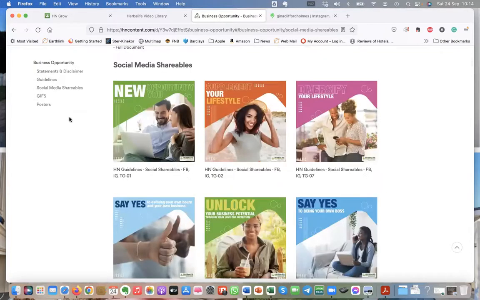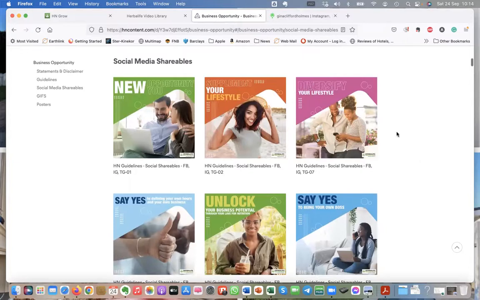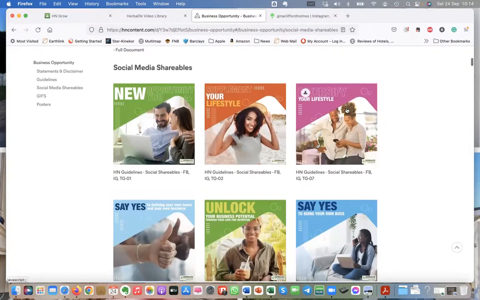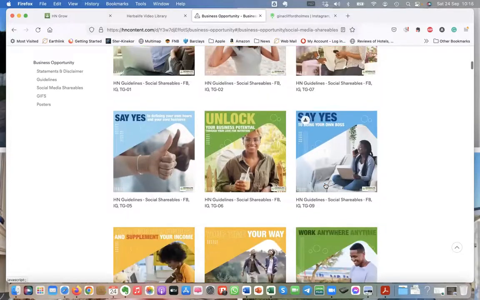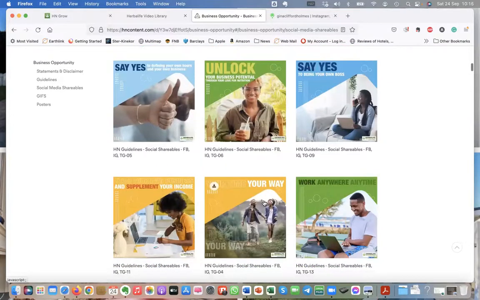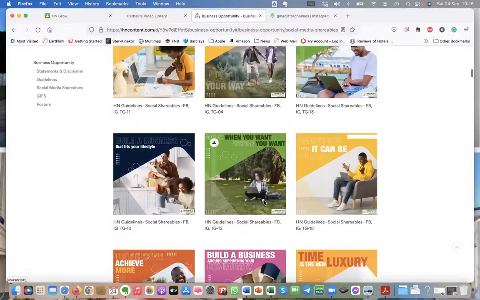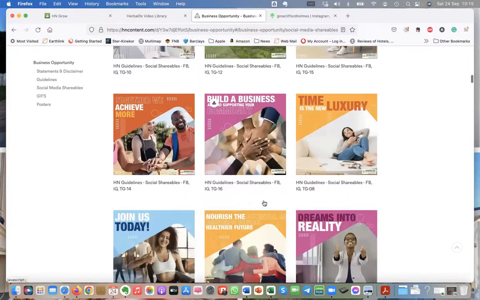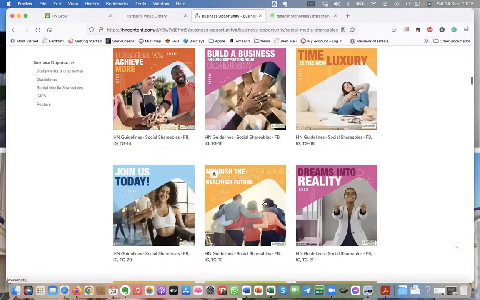And we have now got these wonderful social media little pictures that you can put up, if you're choosing to promote the company name. But as you can see, a lot of them here don't even actually have to say Herbalife. So the great thing is, you can be talking about the business opportunity without saying the Herbalife name, saying yes to being your own boss. You don't have to create these. These are all here. All you have to do is download them. Don't they look great? Sorry, I come on here and I keep forgetting how good all this stuff looks.